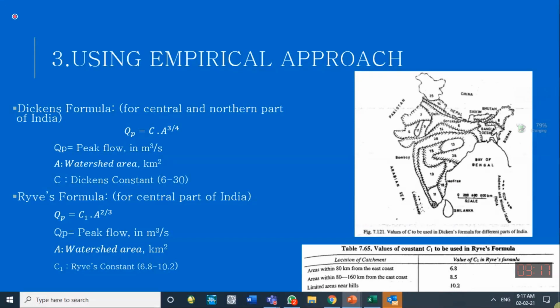Why are we studying them? Just to tell you that empirical methods are there. But some parts of India, for example this northern part of India, are similar to the northern part of Pakistan, and the western part of India, like their Punjab, their Haryana, are like Punjab over here, and this Gujarat state, this number 6, is similar to Sindh over here. So we can use the same methods for these areas. We have used these methods using these equations over here in Punjab also. And to tell you that we have to develop such methods for this area also.